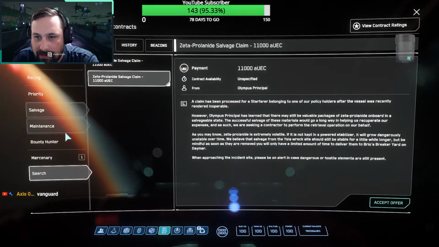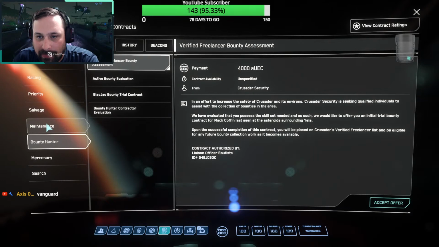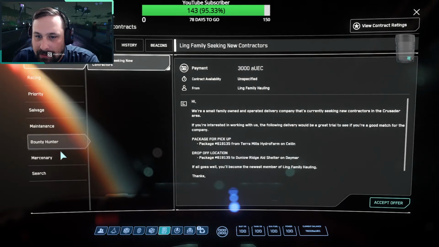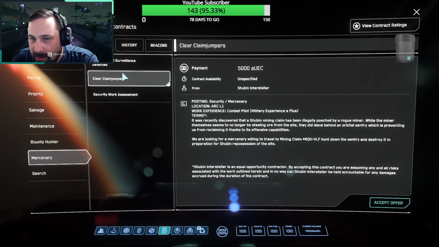Hopefully we're not going to get attacked here. Last time I pulled out, someone tried to get their jollies by getting a jump on me, and I was able to warp out before anything happened. Alright, I guess we will do some...